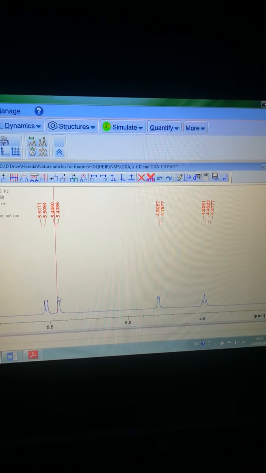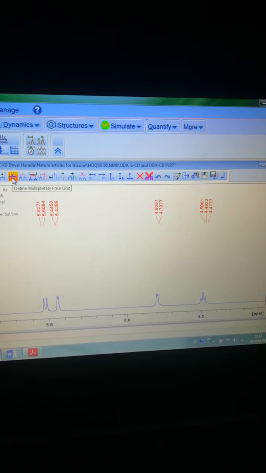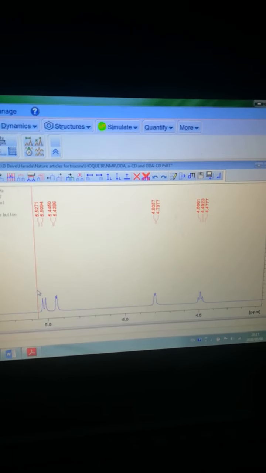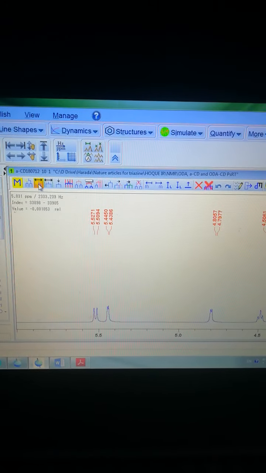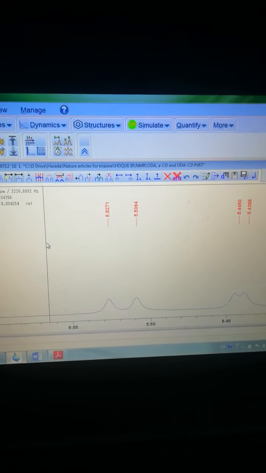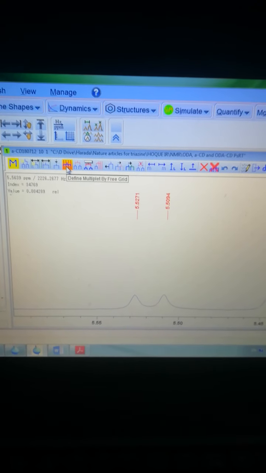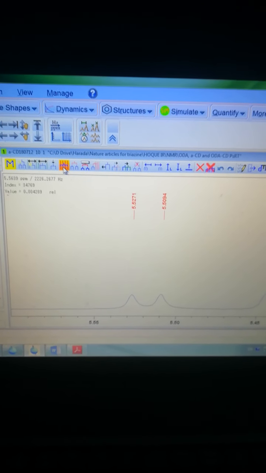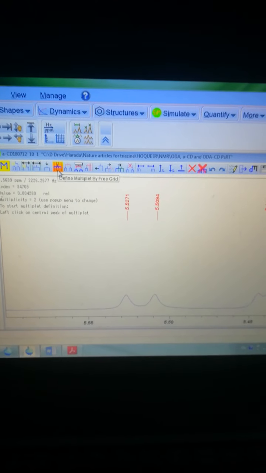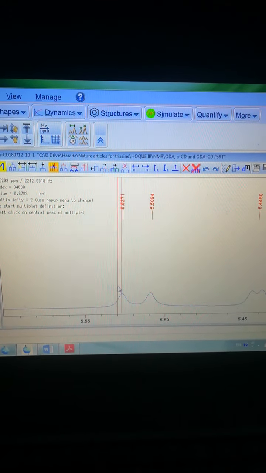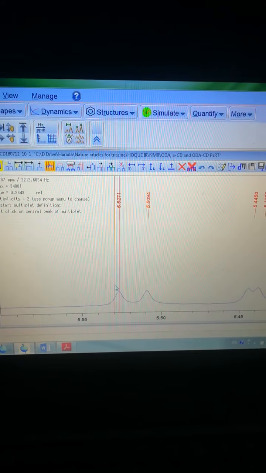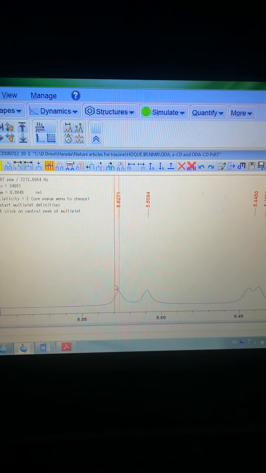Again, you can do another way, which is more precise. First I would like to withdraw. Now I would like to expand a little bit more, and then use this option, which says define multiplet by free grid. In this case you can point out the exact highest tip of the peak.